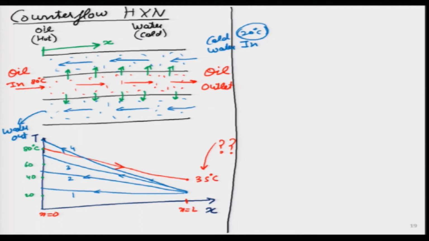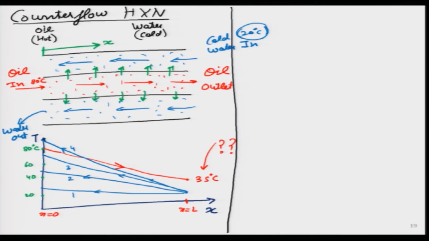So, we are trying to play around with the temperature profile. We know that the oil, once it is losing heat along with distance, its temperature goes down. When water is coming from the other side, because it is cold, it is interacting with the hot copper plate. Interesting thing is oil and water do not really know who is on the other side. Oil feels that there is a cold fluid because it feels a cold copper surface next to it, and water feels a hot copper surface next to it. So, it is the boundary conditions eventually which will tell us how that heat transfer is taking place, how much it is taking place.